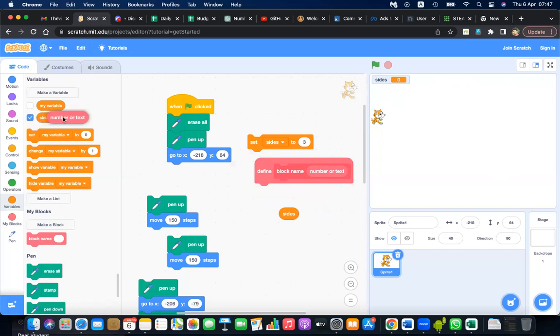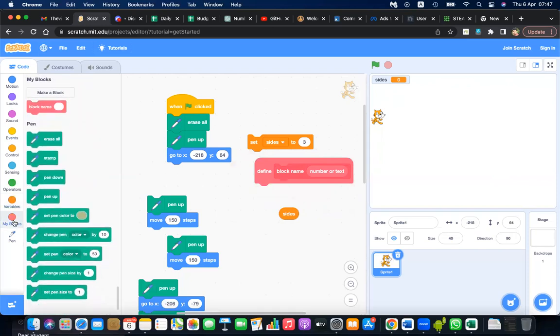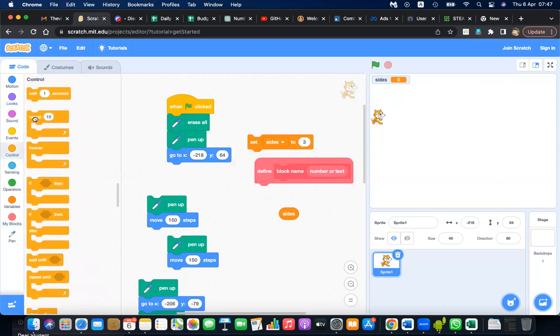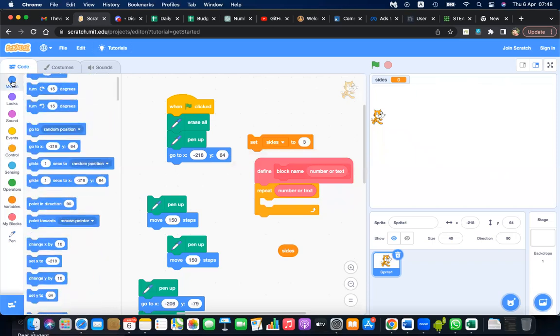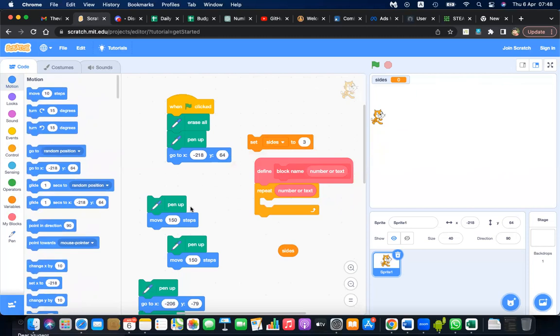For that, you can add a variable that doesn't matter in the blocks. You can say here, let's add the triangular code. Triangular code is basically repeat 3 times. Repeat. You can say number of text here, number of text here. So then what you need to do, you need to move. This is similar to the previous code. You need to move